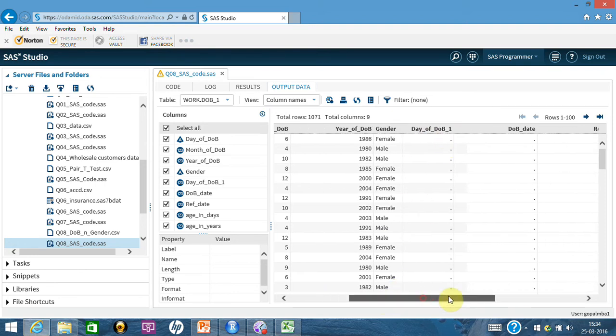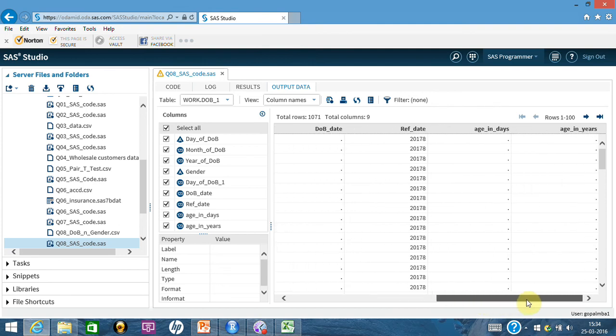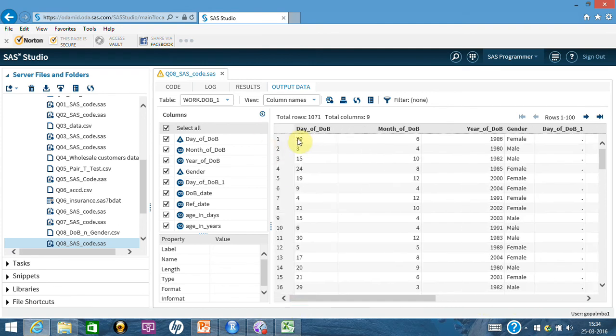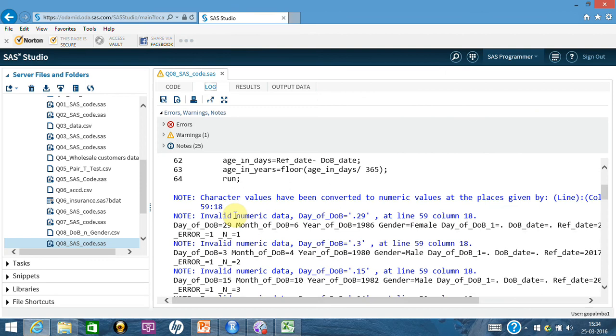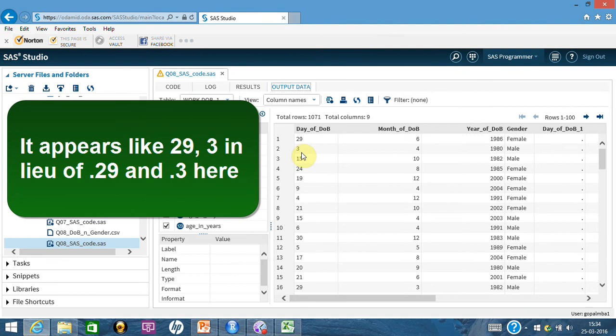Just because in this data which we are seeing, 29, probably there is something in front of this, and that's what is coming in the log. If you go in the log, it is saying 0.29, 0.3, and we are not able to see even 0.29, 0.3, anything.